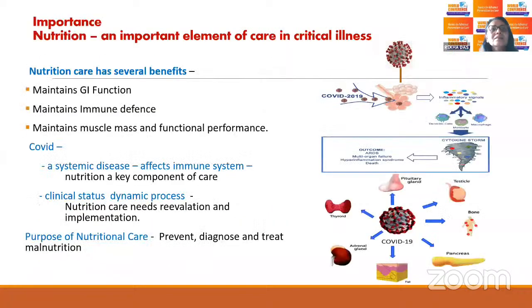Nutrition, as you all understand, is an important element of care in critical illness because it has several benefits. It maintains the GI function, the immune defense, the muscle mass, and functional performance. And COVID, as we all understand, is a systemic disease that goes well beyond the lungs and profoundly affects our immune system. And therefore, nutrition remains a key component of care here. The status in COVID is a dynamic process. It keeps on changing. And therefore, nutritional care needs re-evaluation and implementation with the aim to prevent, diagnose, and treat